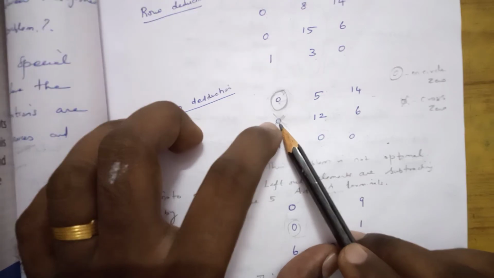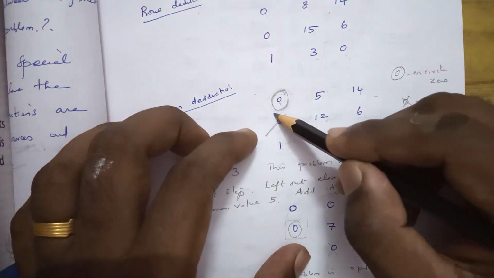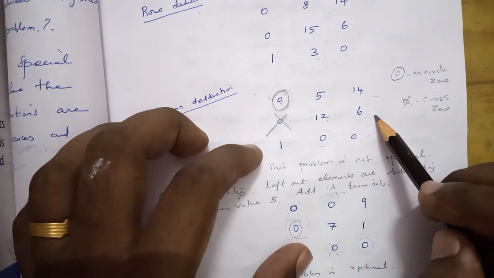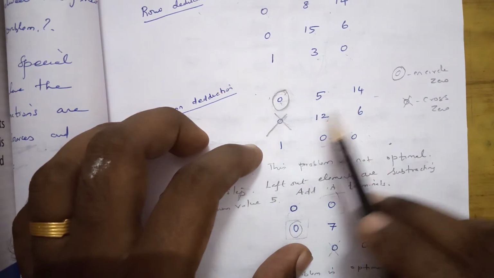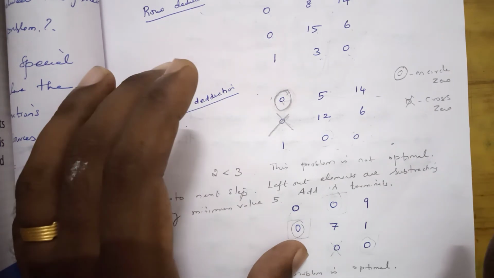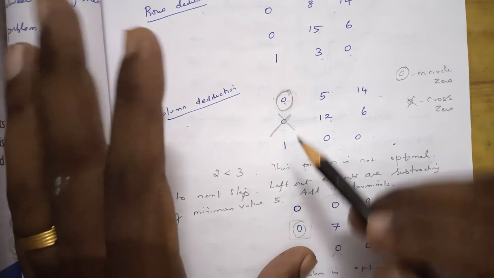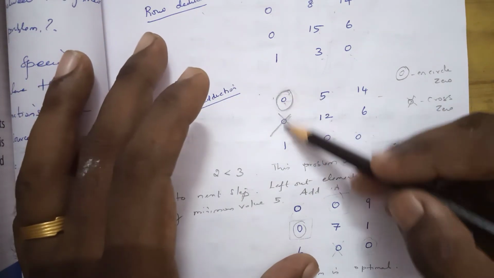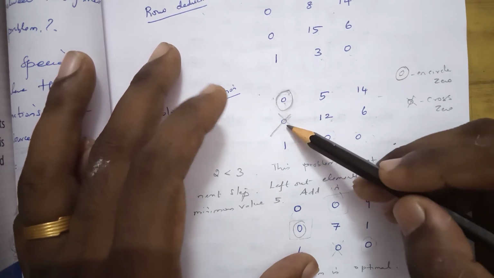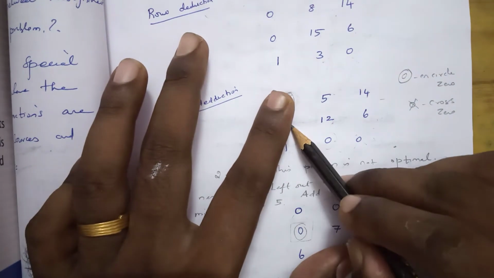Again we move to the second row. In the second row no 0 is left, the 0 is already covered. This 0 is already covered. Again we move to the third row, which has two 0s. Leave this one, not to take this 0, because our aim is to take only one 0. Again we concentrate on the column. This one is encircled and this one is crossed 0. So these two are enclosed, so we do not take this column.